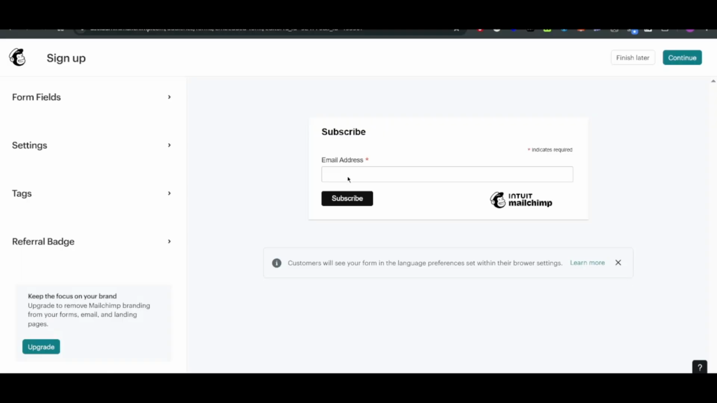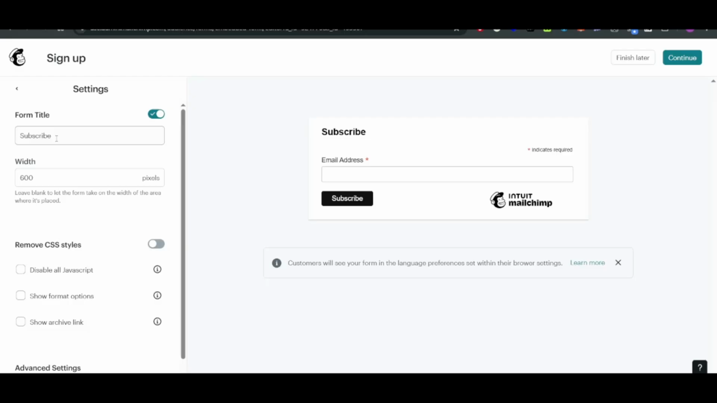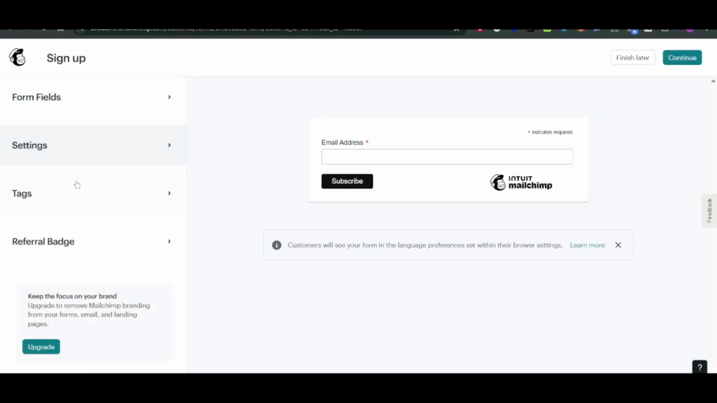Here we can edit the email address field as per your requirement, and the button that says subscribe. So all of this you can edit, and go to the settings, subscribe button. You can either change it, say to send, and it will change automatically. So these are all the things that you can add on your own, and then you can finish it